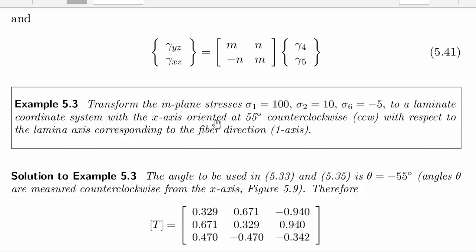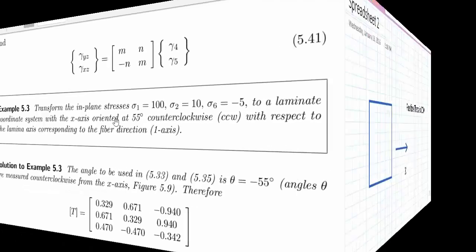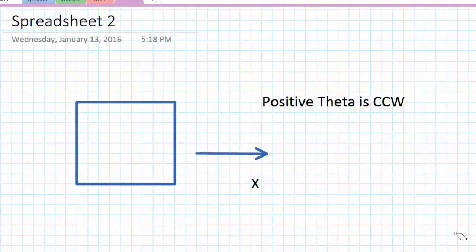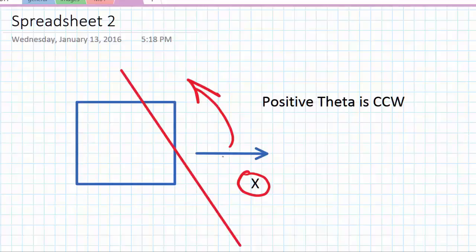So let's make a sketch to make sure we're doing these in the right directions. In this sketch, I show an element that's aligned with our x-axis right here. And we have to remember that fiber angles are measured for positive theta by moving counterclockwise from the x-axis, so off in this direction. So now, when the problem statement tells us that the fibers are in this position, saying that the x-axis is 55 degrees counterclockwise from the one direction,